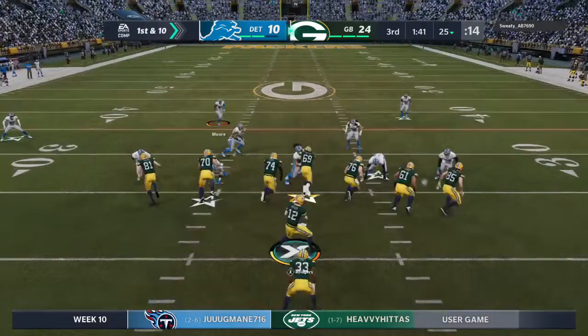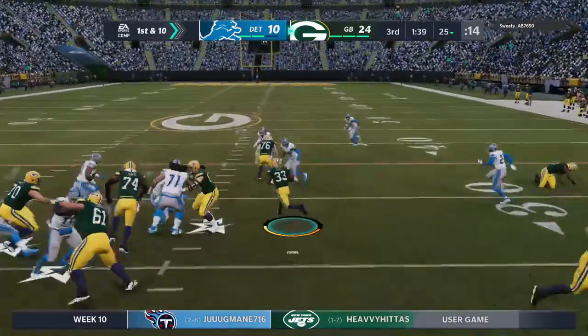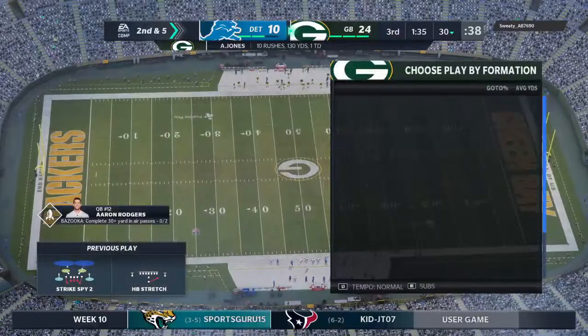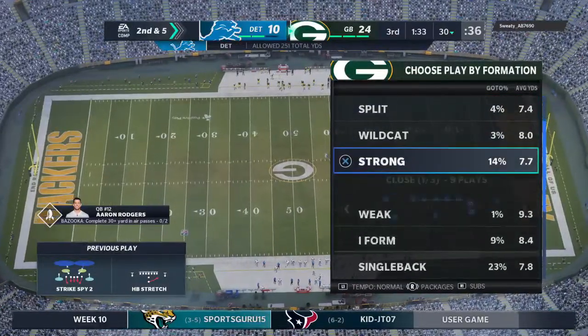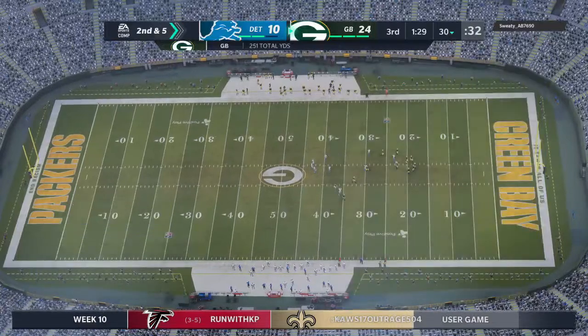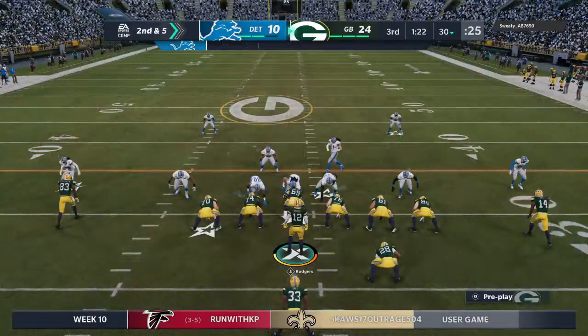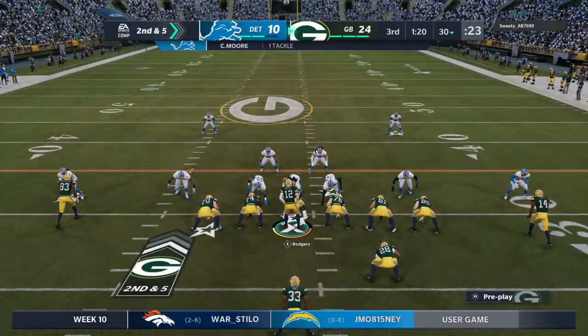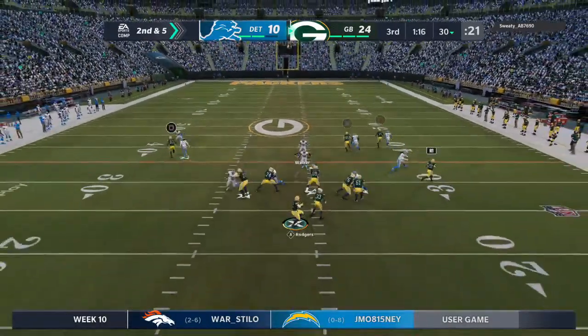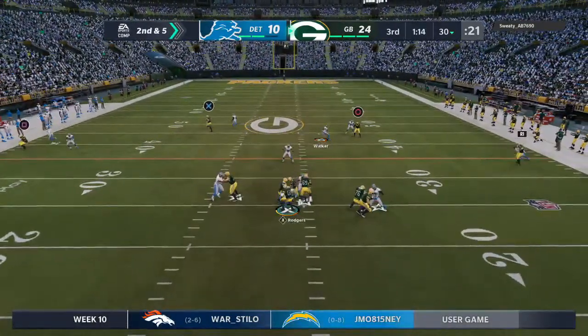This is sort of what you would call a put-away drive, isn't it? They score here, especially a touchdown. It's almost out of reach. It certainly feels that way, and I think that they're going to call their plays accordingly because what you really want to do, even though you know the scoreboard is still up there and the game's going to go on, you feel like you can take the spirit away from another team, that their drive and will to come back and win can be taken with another score right here. Still third quarter, but you just get...